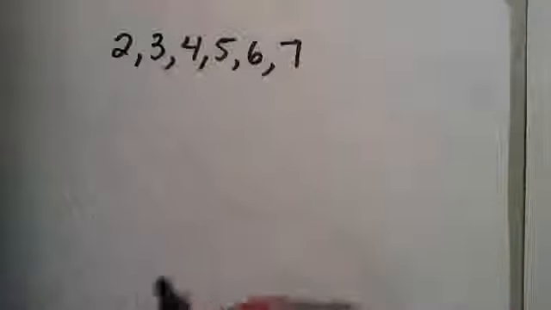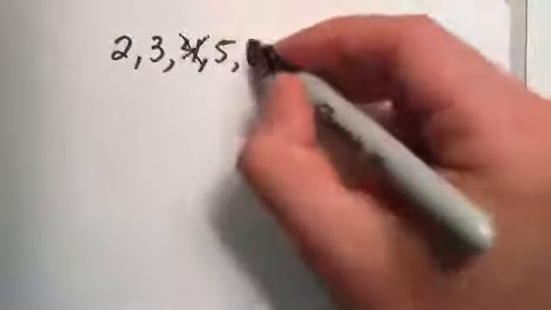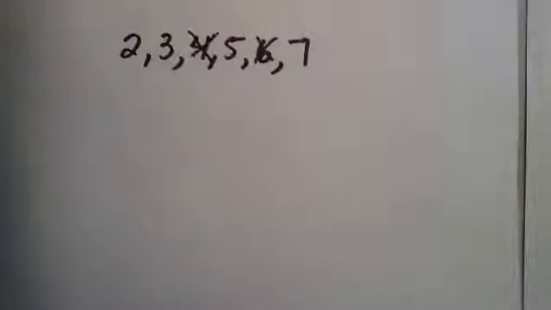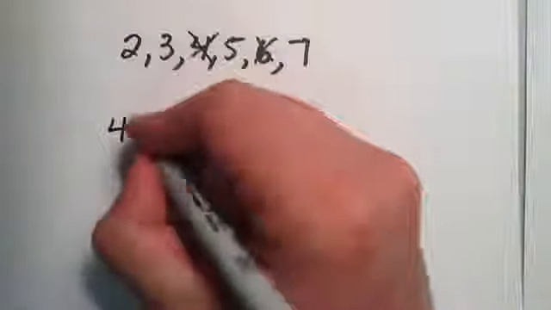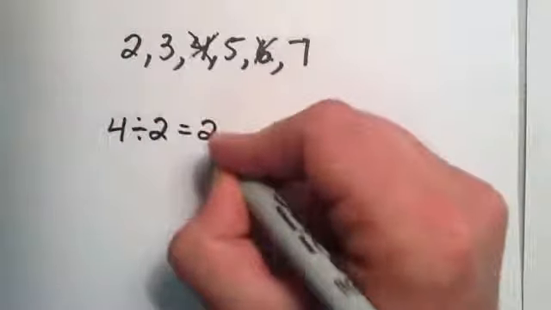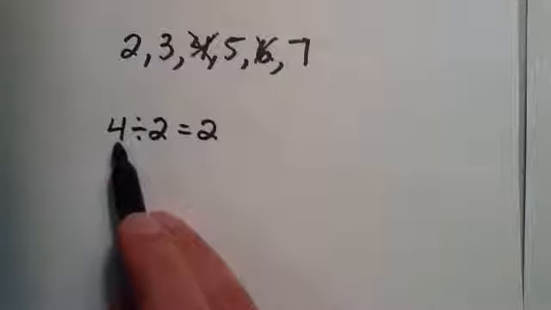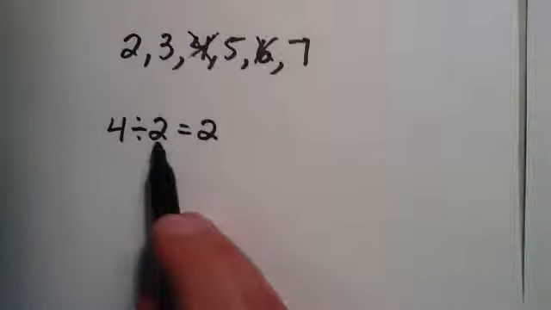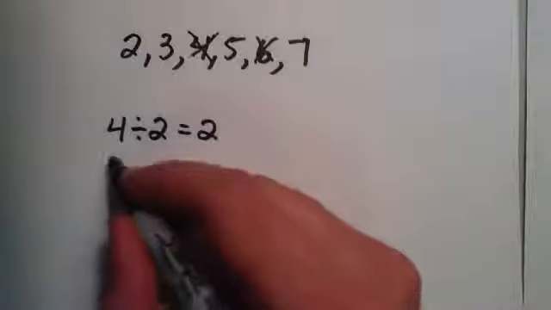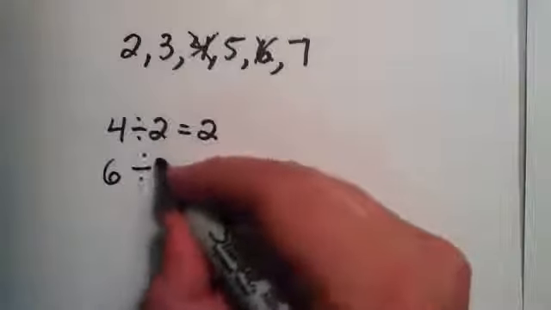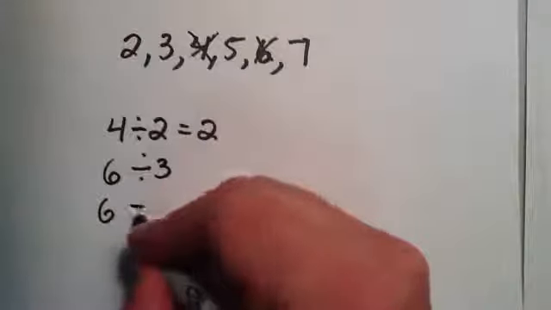Now, I'm going to tell you right now that 4 and 6 do not satisfy the second condition. And in order to illustrate why 4 and 6 are not prime, I'm going to give a counterexample. So 4 divided by 2 equals 2. Here's a case where the number 4 is divided by a positive integer other than itself and other than 1, and it still produces the value of a positive integer. 6 divided by 3 and 6 divided by 2